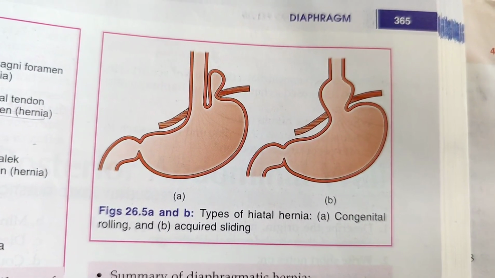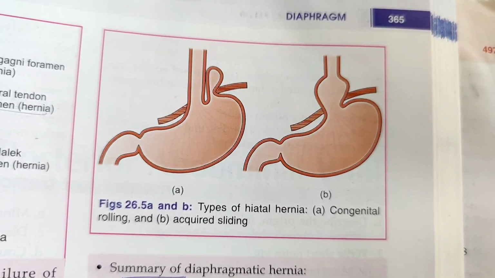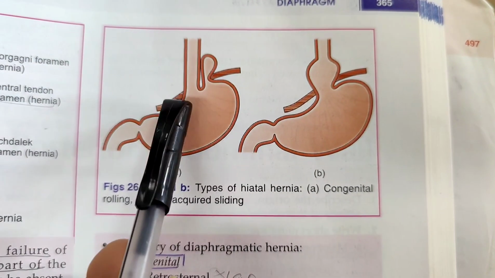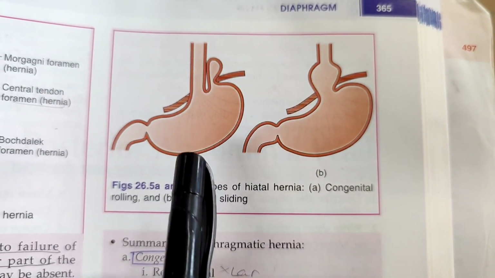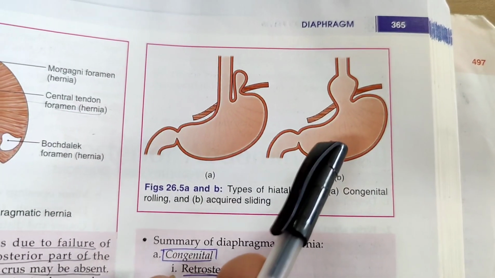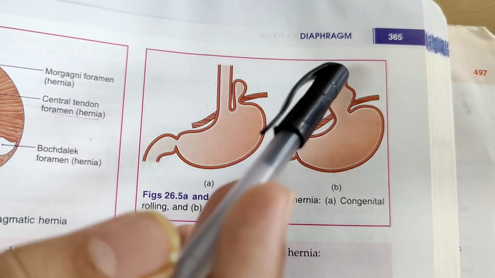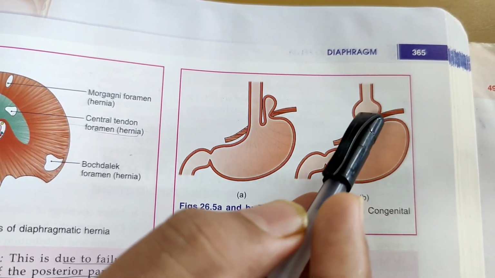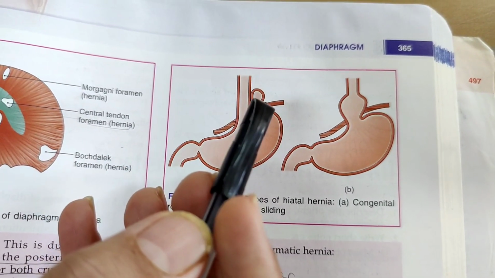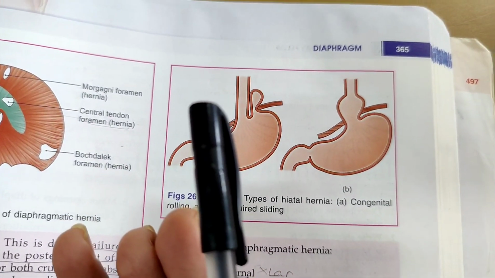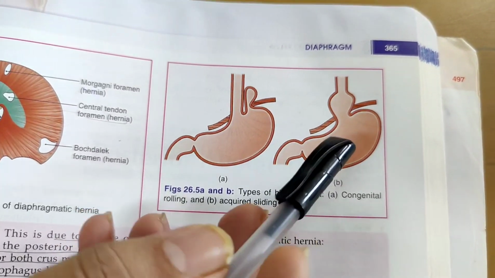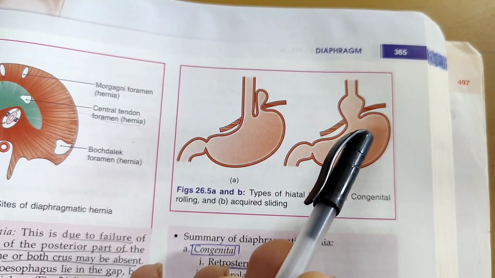Another hernia is hiatal hernia. It is through the dilated esophageal hiatus. It consists of two types, sliding and rolling. This is the rolling type and this is the sliding type. The sliding hernia is more common. Here the gastroesophageal junction slides into the thorax. We can see this is the gastroesophageal junction. It slides through the esophageal opening into the thorax, and it is associated with regurgitation of the acidic content of the stomach into the esophagus, and it is mainly expressed as heartburn. So this is the sliding hernia.